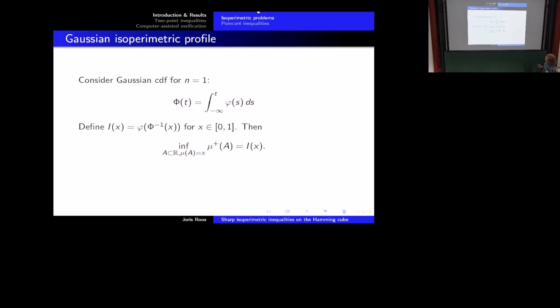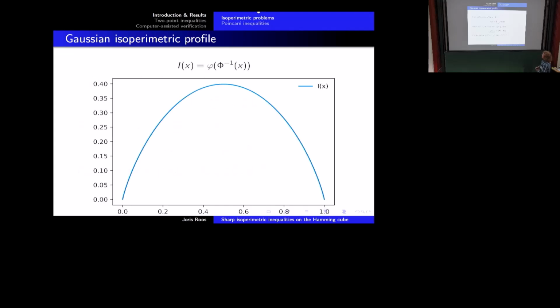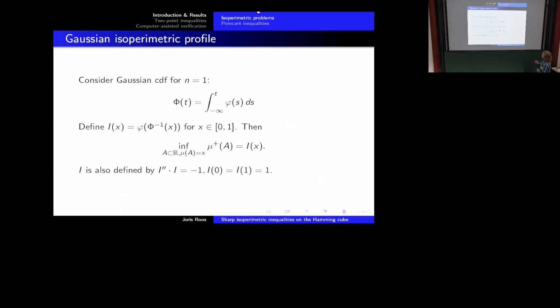And if you do that, this funny function here comes up. So let's look at the cumulative distribution function on Gaussian space. This is a monotone increasing function which has an inverse, and we can plug the output of that inverse into the Gaussian distribution function again, and then we get this funny function I. This is the Gaussian isoperimetric profile, and this is important because it gives you the answer for this Gaussian minimization problem. Okay, so this is an inequality that's been known for a long time, and this function has a very